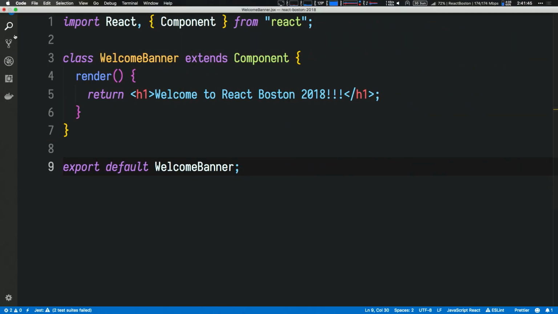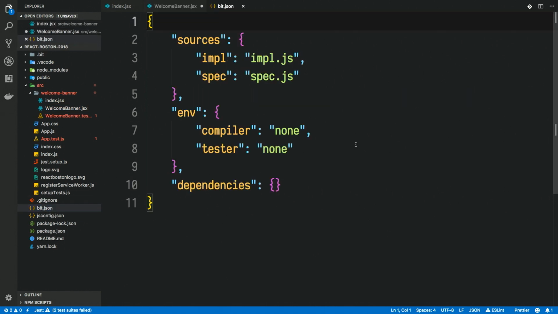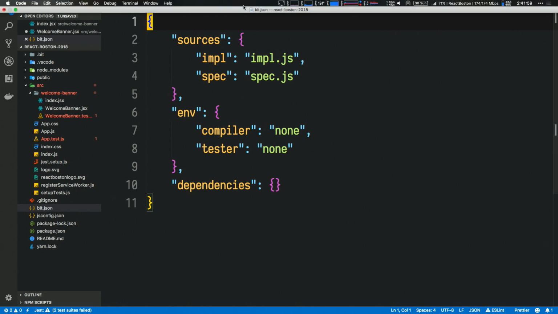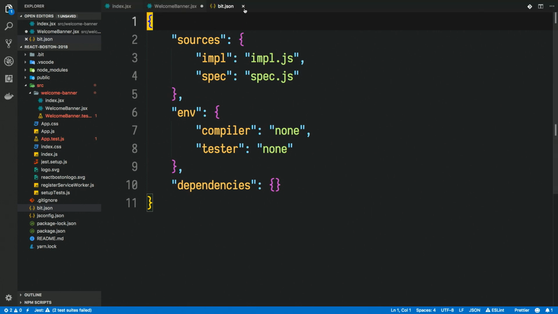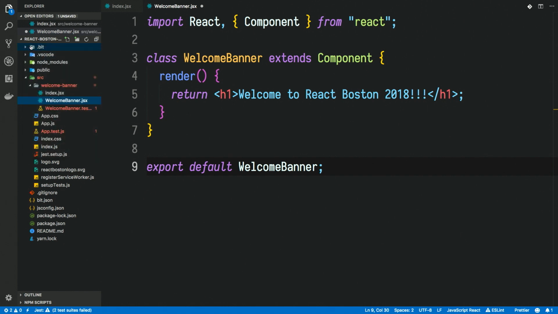Now, let me show you what this actually does in the code. So this is a create React app boilerplate, obviously nothing really big to it. But here are a couple of files that it adds. It adds a bit.json file. This is kind of how they track things. It does create a .bit file, or a folder. I don't recommend going in there. It does really scary things and you'll have nightmares. And there's another file you'll see in a minute that it creates called a .bitmap that's used.